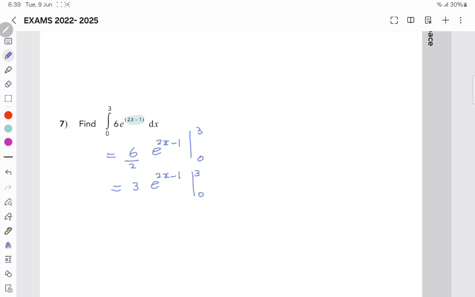We don't add c here because I have limits. So if you have limits, we just open two brackets. Between these two brackets, I have minus. In the first bracket, we substitute every x by the upper limit. So 3 still, e to the power, now replacing x: 2 times 3 is 6, minus 1, it will be 5. In the second bracket, we substitute every x by the lower limit